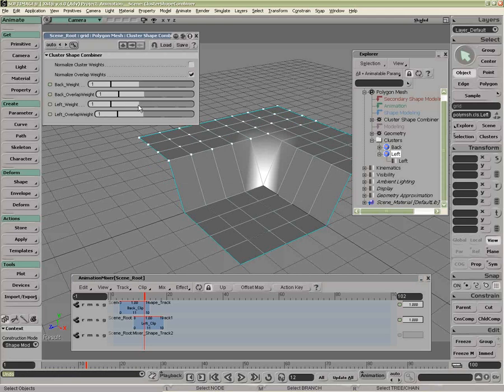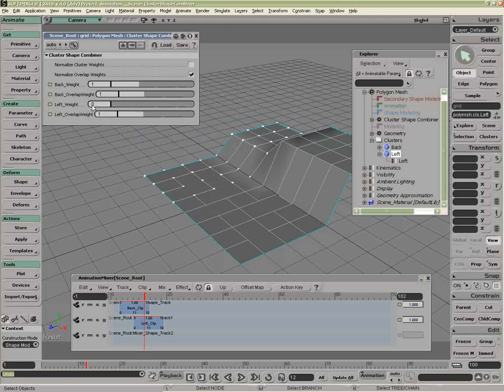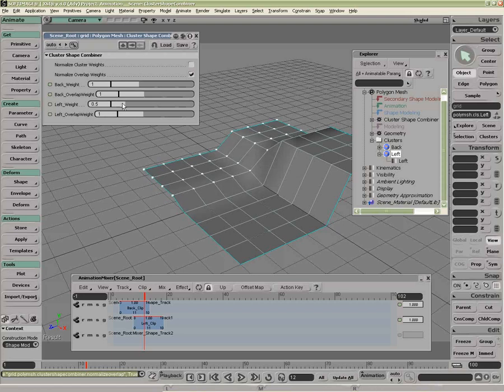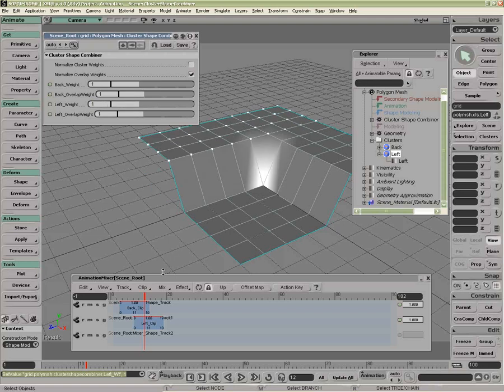With these sliders on, I can of course reduce the influence. So in this case, I have normalized the overlap weights, but I've now reduced the left weight to 0. Additive, flat and 2 equals 2. Normalized, the flat cluster of left together with right, or back should I say, equals this half. This is important to understand because if we were to do some